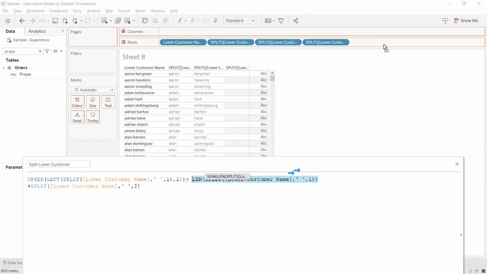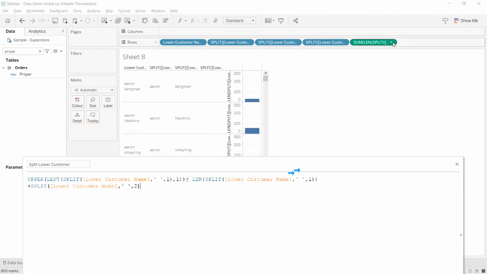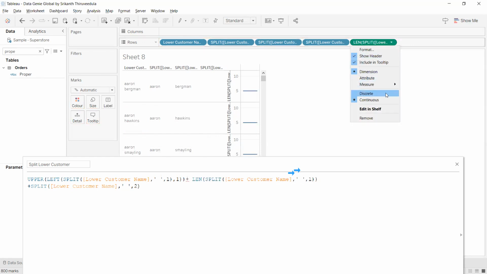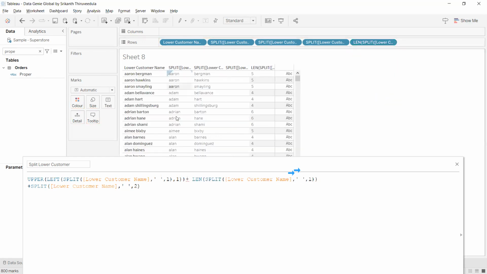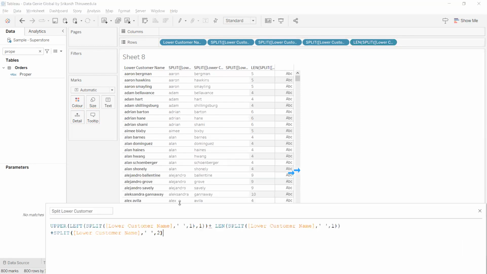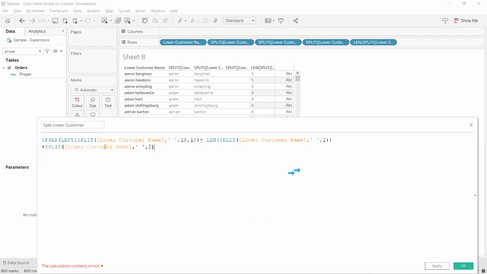So let me get the value first. As it is not a dimension, it is not a measure, I am going to convert this into dimension and to discrete. So my first part for each name has been calculated automatically. What I've done was I have just taken what was actually available here straight away, and now I calculated the first part of the name, which is the first name. I am calculating the length of the first name here using this function. As I have taken out my first value here, that is the first character, I can take -1 here